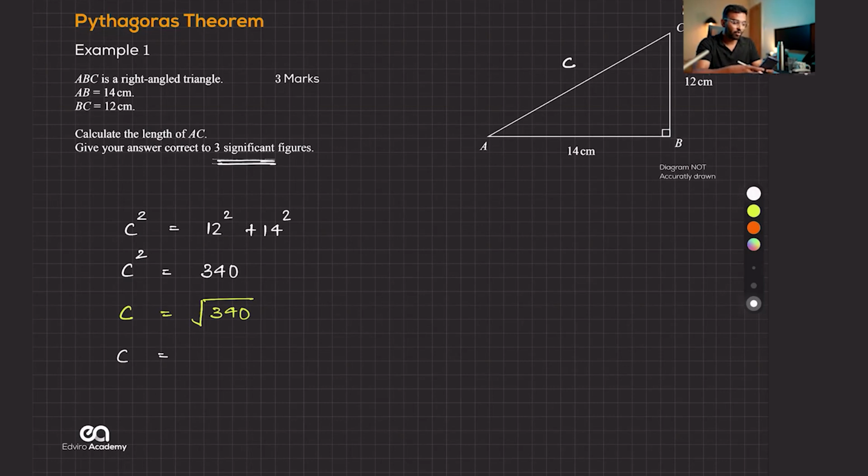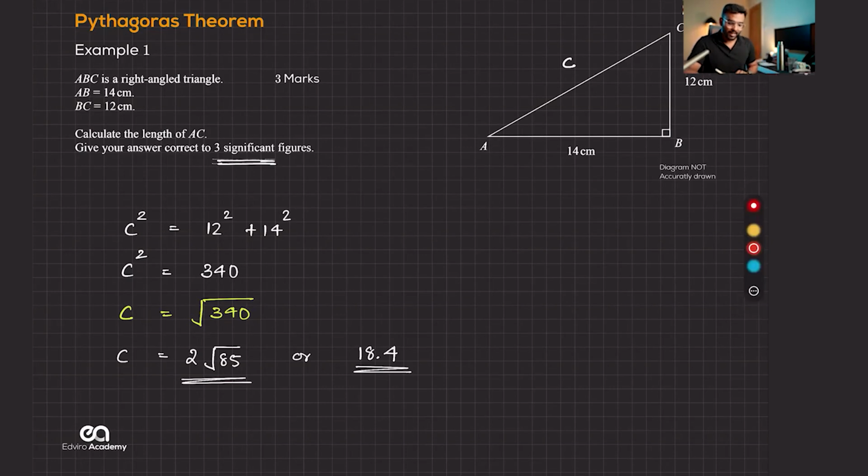So square root of 340, sometimes the calculator gives you this answer. How many of you saw this answer on your calculator? Just say yes if you saw it. When should you leave it in this form? If I press S to D on your calculator, it will give you 18.4, right? Some of you gave me 18.43. To three significant figures, it will be 18.4.